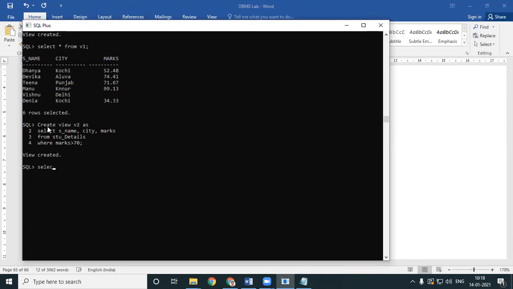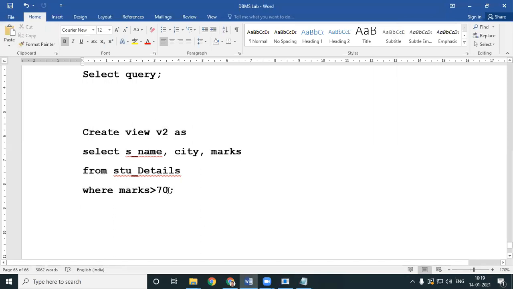Select star from V2. I don't have all the students. I went very selective. So I have a subset of a subset of my table, exactly what I want. I just wanted the name, city, and marks of all the students who've got greater than 70. I can again do modifications over here.